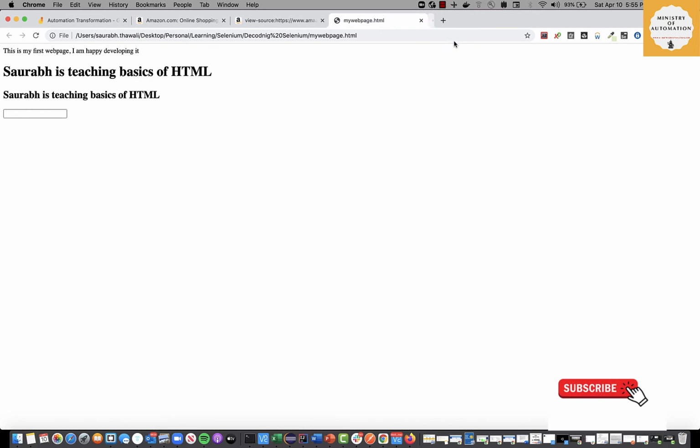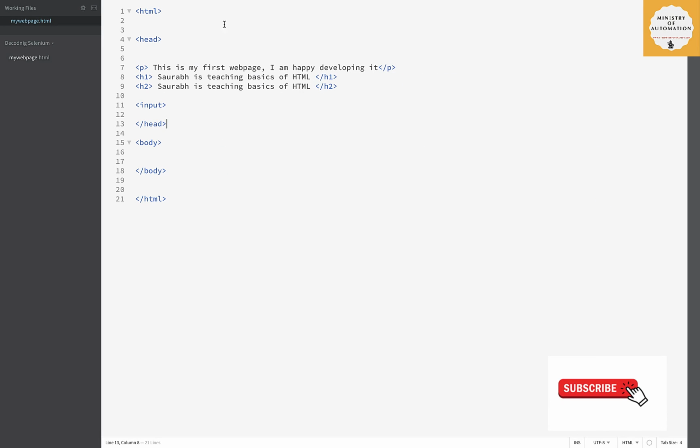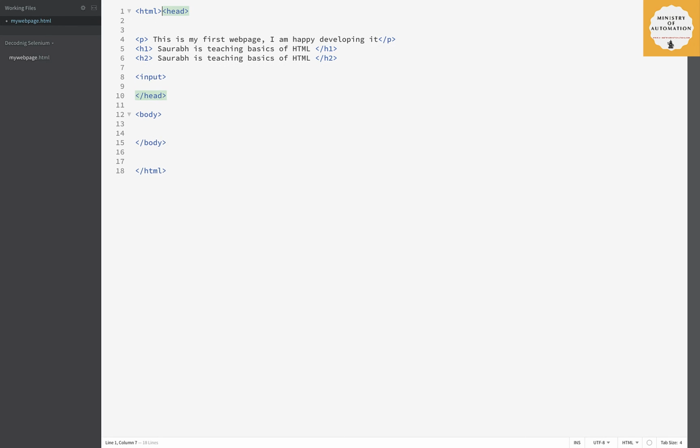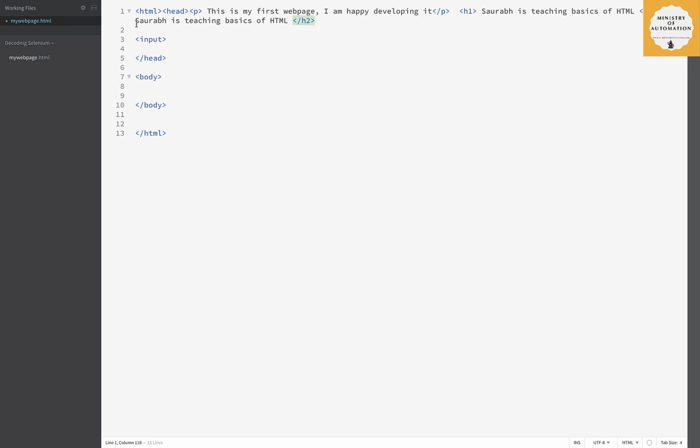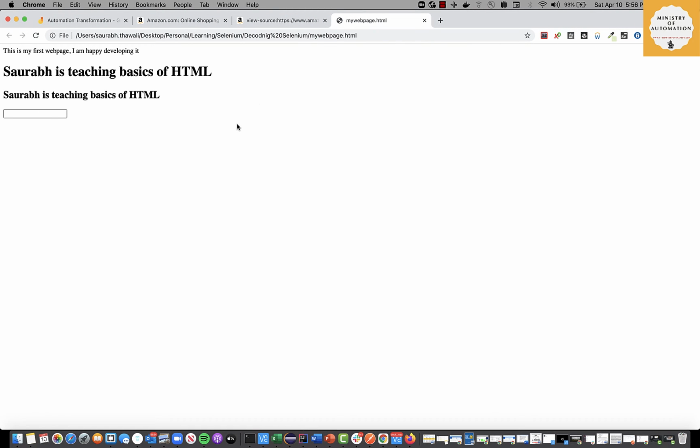Now I'm going to make some changes in our code, and I want an answer from you guys. You can write it in a comment, and pause the video before you write, because you're going to get the answer just after this. If I don't keep any space in this code, and I write this entire code in one single line, like this, of course it is not needed because it's not going to look good, but I'm just trying to understand how much you know HTML now. If I write this in one single line and save this code, will there be any difference in the way I see it?